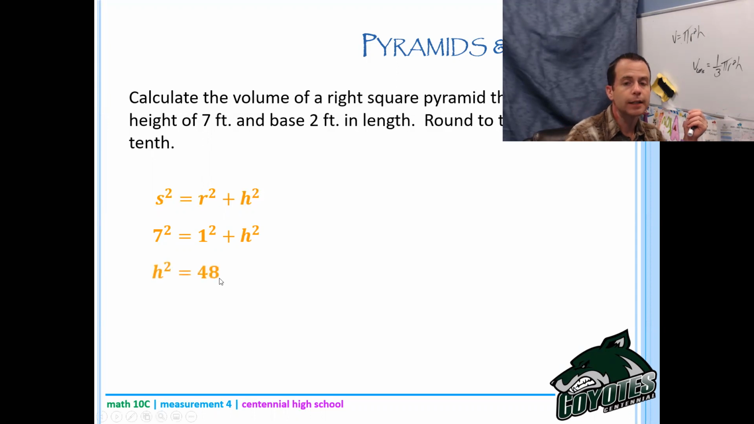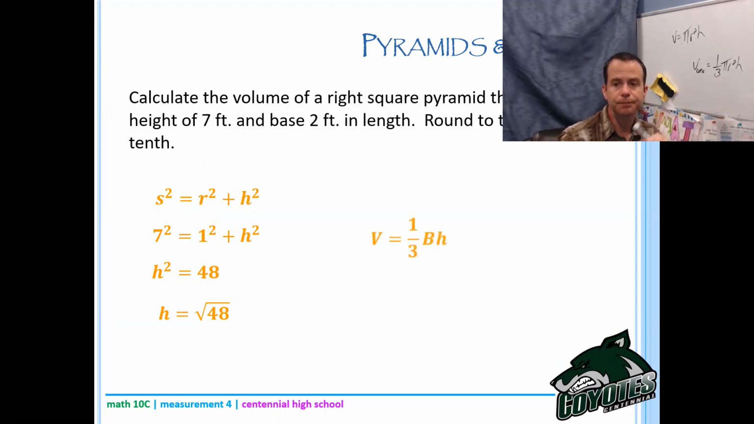Okay, so that gives me 48, and so I'll call h the root of 48 right now. I don't need to simplify that because it's not a final answer, but I don't want to write it as a decimal either, because then I might run into a rounding error. Now I'm ready to go into the volume of the pyramid, which would be 1/3 base area